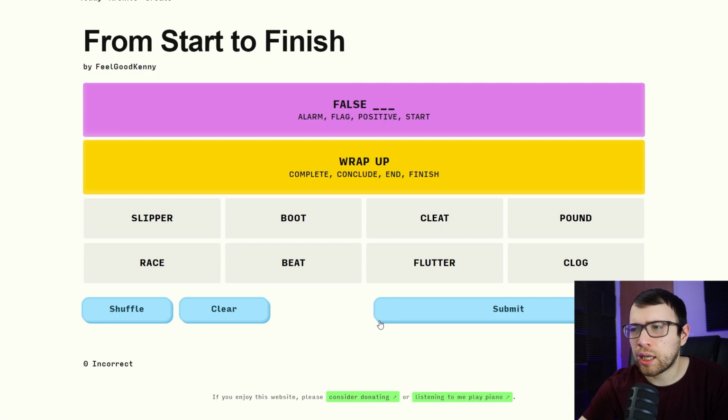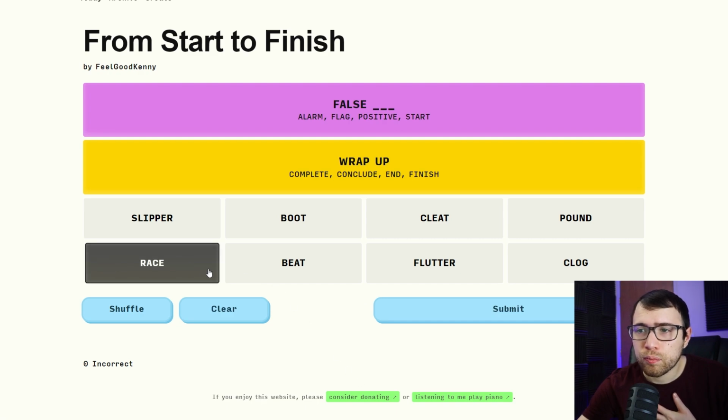The next thing that I came up with was, I thought about your heart beating really fast. So your heart was racing, right? So the word race fits with start and finish. Maybe there's a starting line, a finish line. Also, by the way, that might be one that I do in the future, is line. Like finish line and then other lines. I don't know.